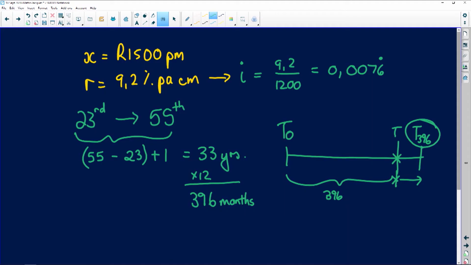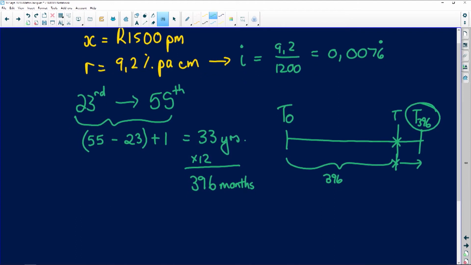Okay, so let us structure this question and see how it works. It's always useful to use a timeline. Our monthly payment is 1,500. Okay, so this is a future value of an annuity. We run to our future value formula. It's 1,500 and then